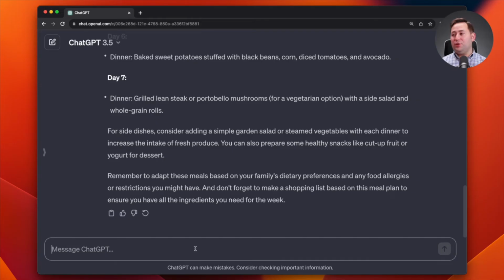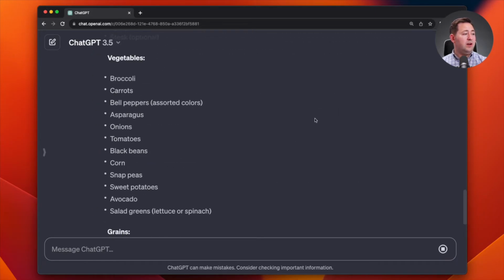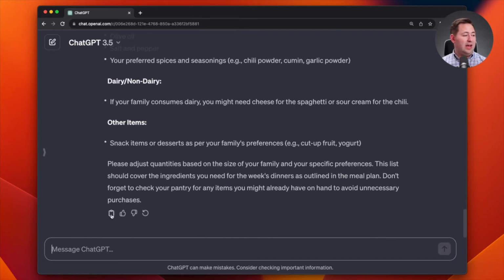But what's interesting is that you can take this even further. You can take a quick prompt like, okay, make me a meal plan. And then you can instead say, great, now make me a shopping list. All right, here's your shopping list. And what's handy is ChatGPT allows you to copy and paste. So you can take this and then paste it into an app of your choice. And then also there are now plugins available to users that could allow you to essentially send this to Instacart